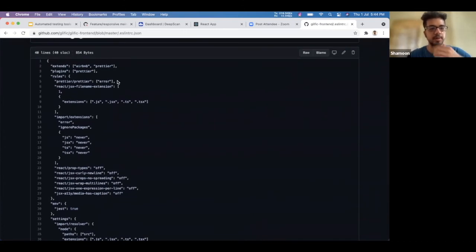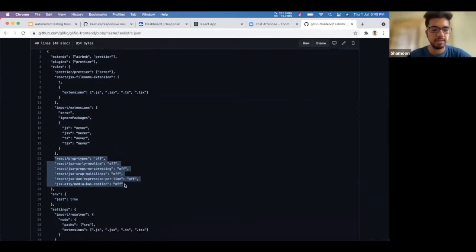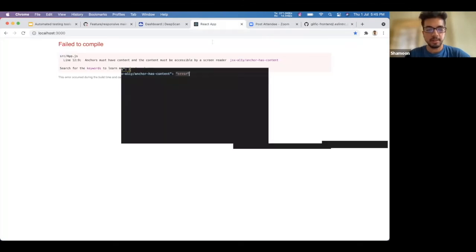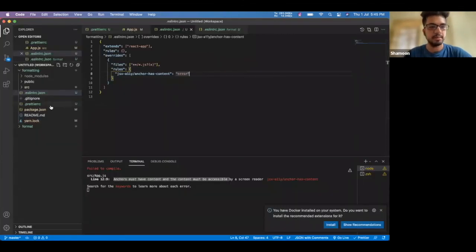It should give an error if the prettier is not good. And there are also certain rules that we have manually turned off, so that these should not be followed in this. Apart from that, we have used some plugins like extending the Airbnb configuration also for specific code writing styles. So these are the two basic things that a project should have: a same configuration or the styling configuration, and second is the linting error that it should not have.